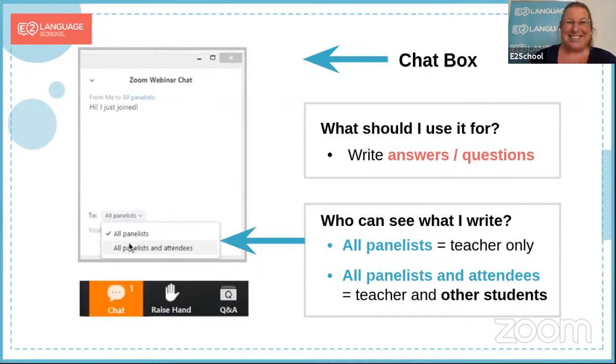For most classes, I would say choose the all panelists and attendees option, because then you'll be able to chat with the other students as well. Sometimes the other students can answer your question even faster than the teacher. So it's amazing when you guys help each other out. But don't worry, if you don't want to share it with everyone, that's fine. And today you don't have to share it with everyone. You can choose. So what I want to do is go through a quick summary of the school